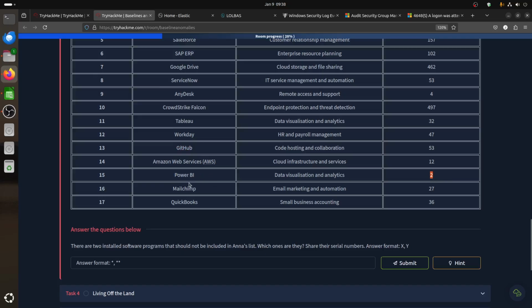Power BI, data visualization and analytics, can be dangerous because if it's installed, it has a license for Microsoft and also gives you power over sensitive data. And also this one, MailChimp, installed 2730 times. You usually look for the ones that are rare, so you can say maybe I will investigate why Power BI is installed on these two machines, because it has a